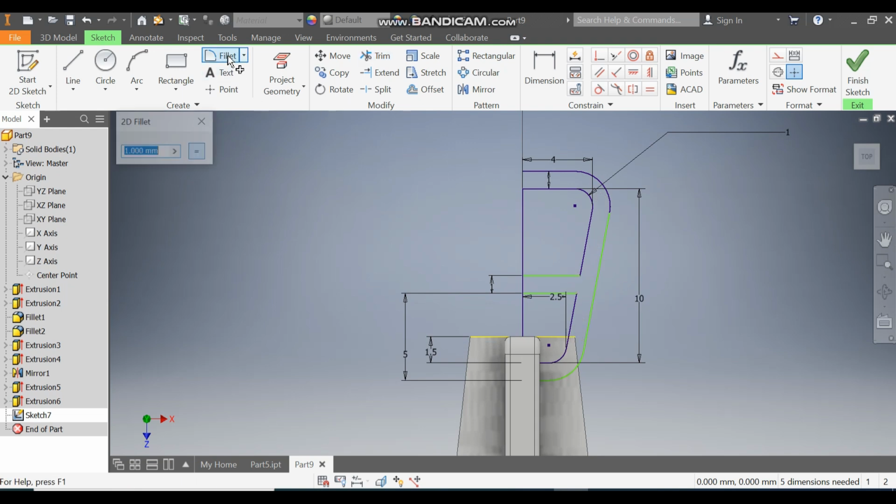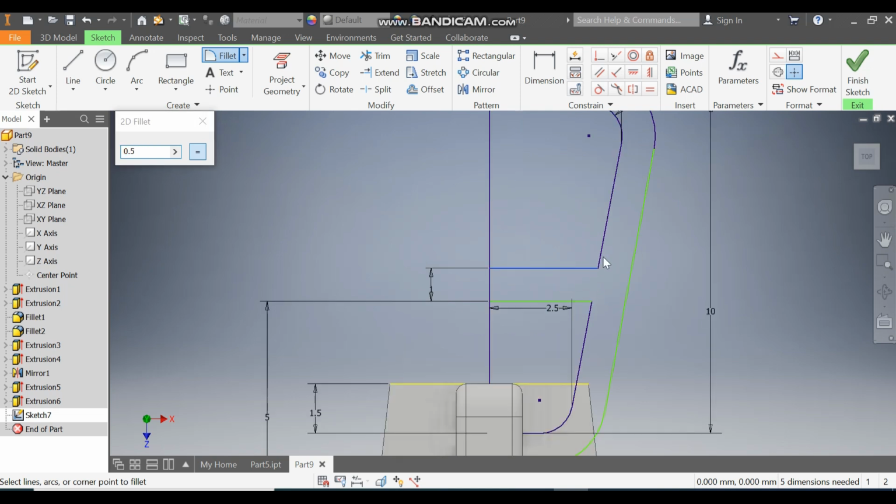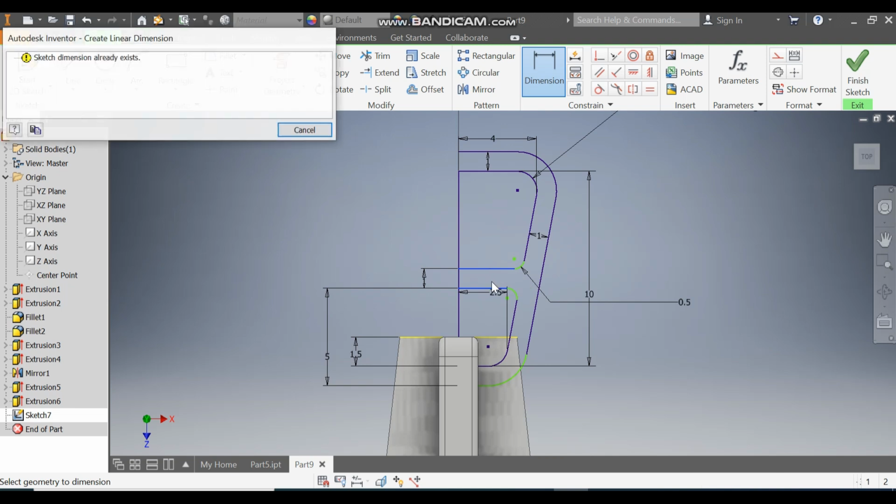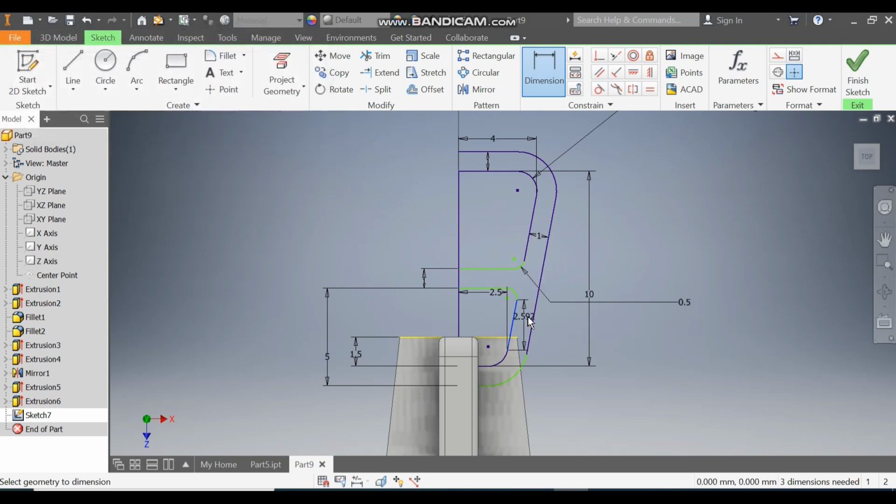Here go to fillet, take fillet radius of 0.5, select this corner, select this corner, exit, go to dimension, define this again 1 mm, enter, define this, okay, define this,